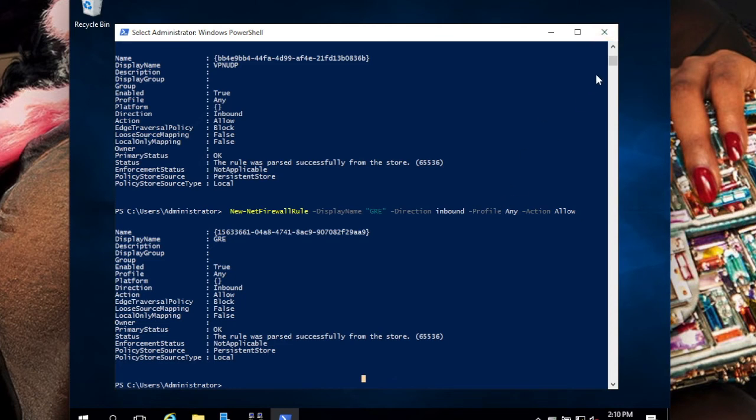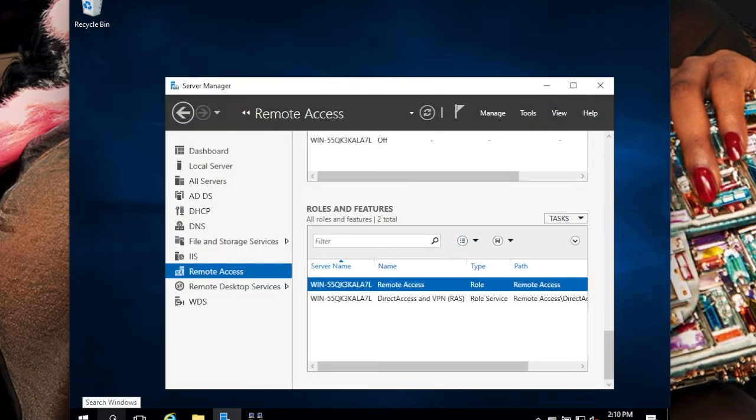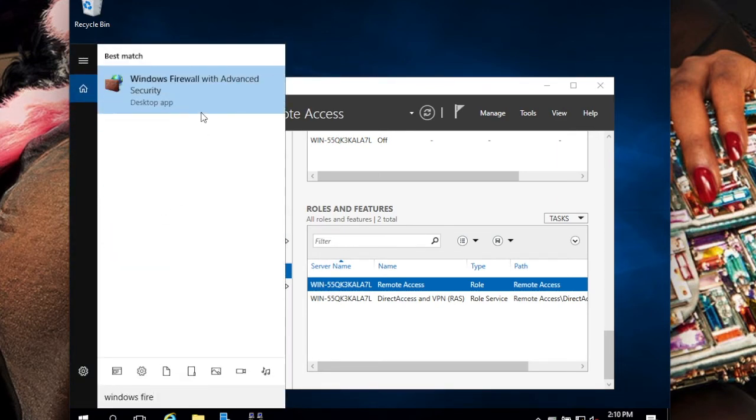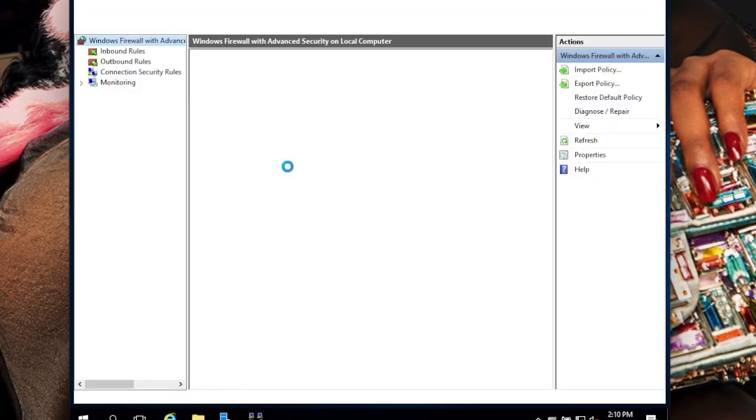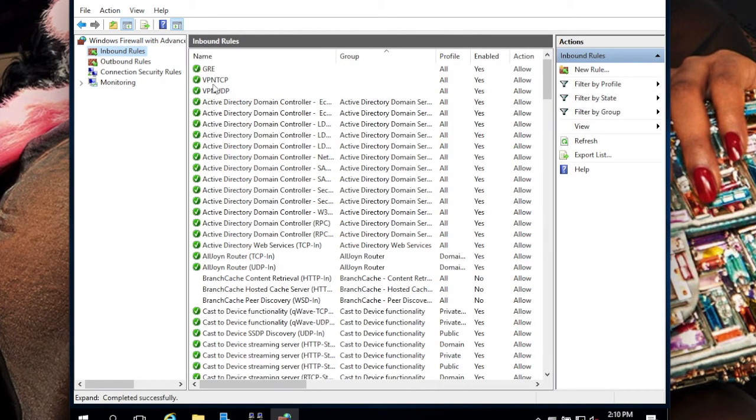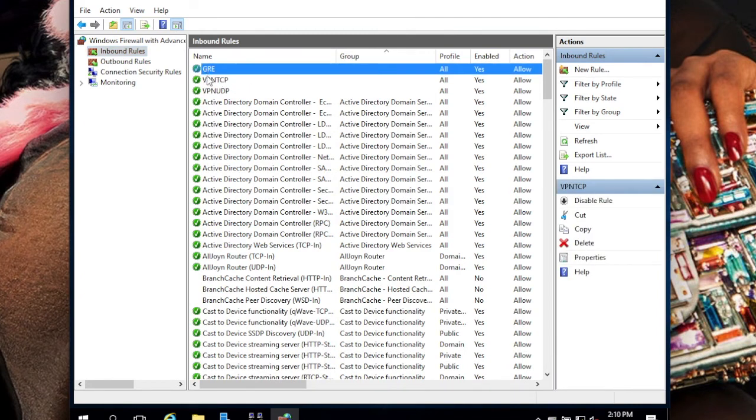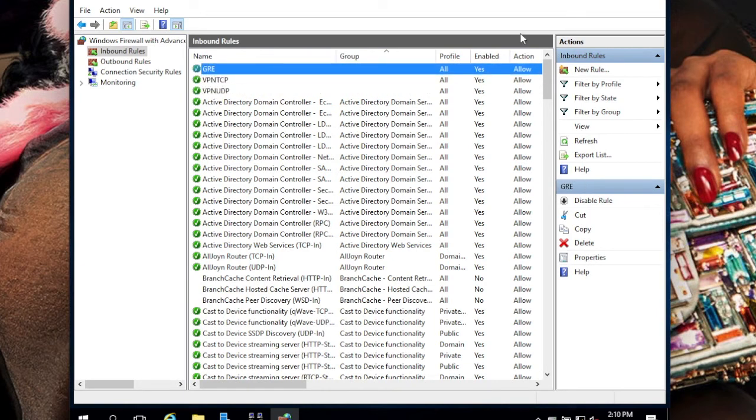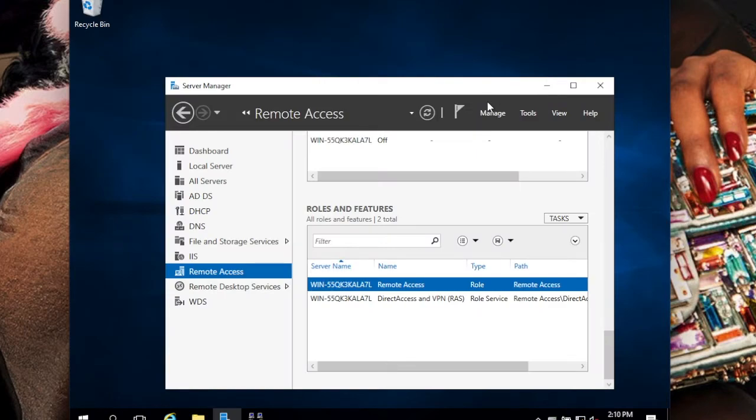So we're going to go and close PowerShell. And then we're going to open our firewall, and we'll see that our rules that we just did, if you actually paid attention, you'll notice that their display names here, as you can see, we just made those rules. Now we're going to move on to